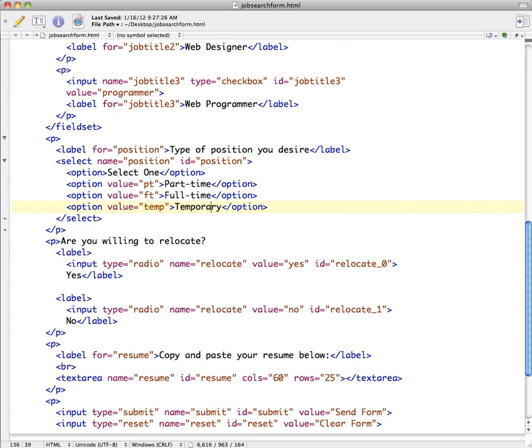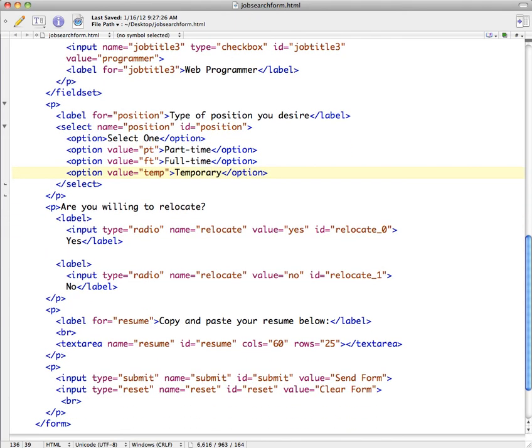Now the radio buttons, we have, are you willing to relocate? So we have type equals radio and name equals relocate. If you remember your HTML, the name is what keeps all of the buttons in the radio button group together as one group. So this will say relocate equals yes, or relocate equals no, depending on which radio button option